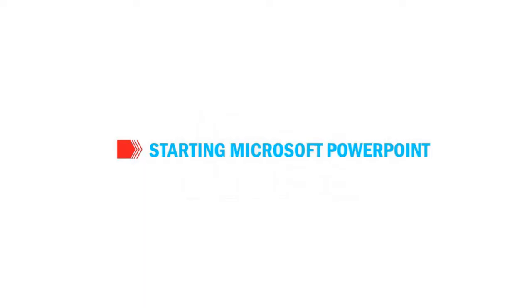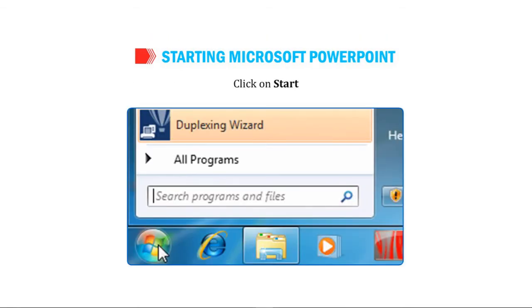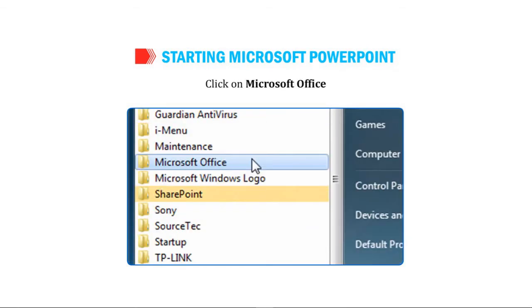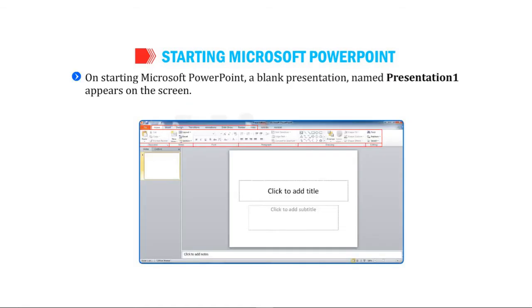Let's learn how to start Microsoft PowerPoint. To start Microsoft PowerPoint, follow the given steps. Click on the Start button, choose All Programs, click on Microsoft Office and select Microsoft PowerPoint 2010. Students, on starting Microsoft PowerPoint, a blank presentation named Presentation 1 appears on the screen,